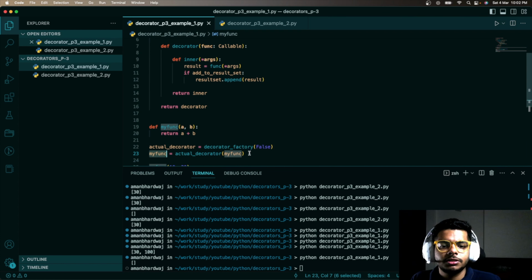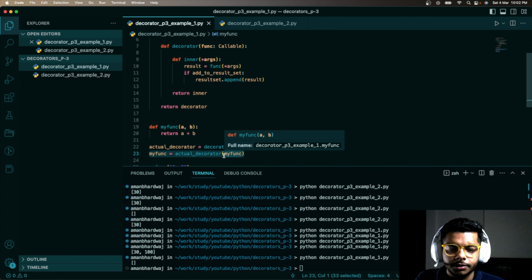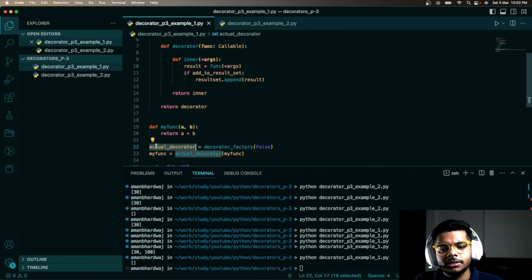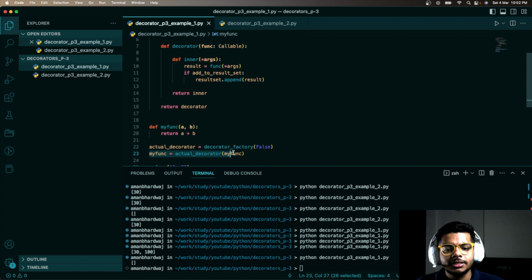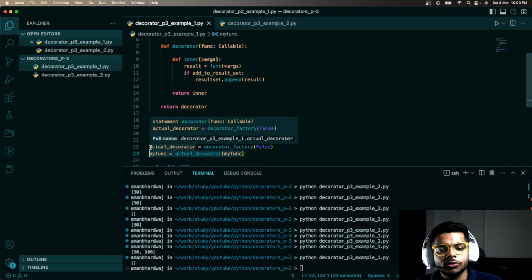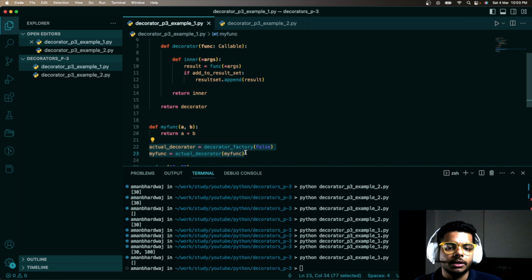And this second statement here, line number 23, is something we are pretty familiar with. But this is something we are seeing for the first time. Till now, a decorator was syntactic sugar for these kinds of statements on line number 23. But decorators accepting parameters are syntactic sugar for these two lines, both of them, which means